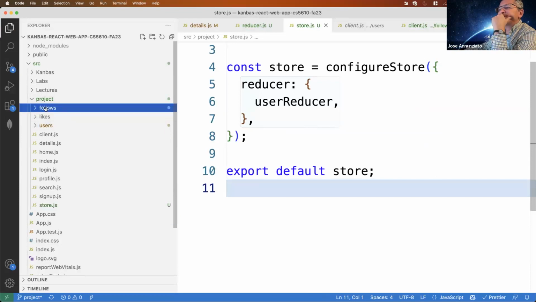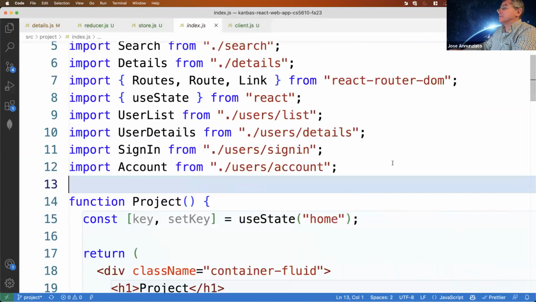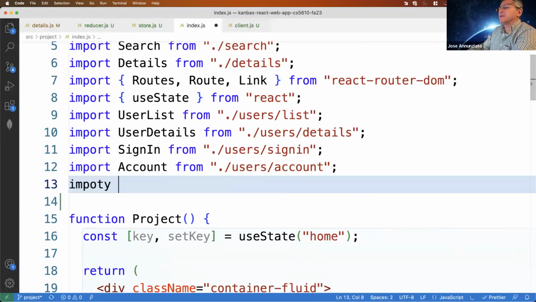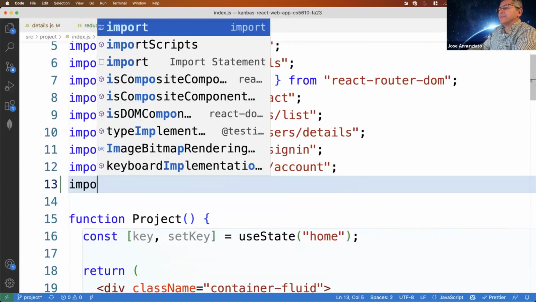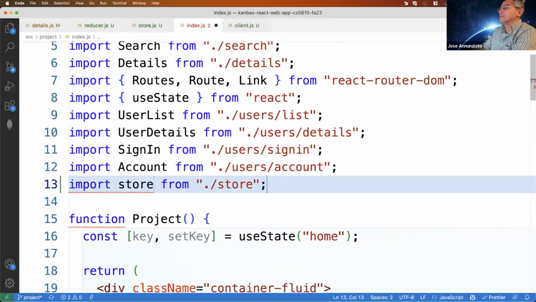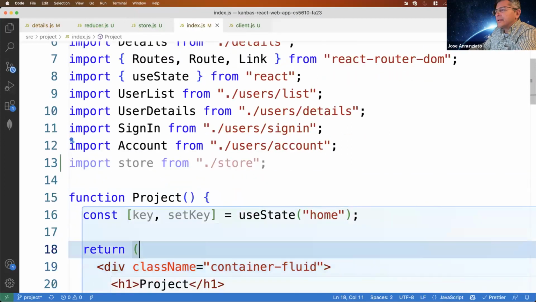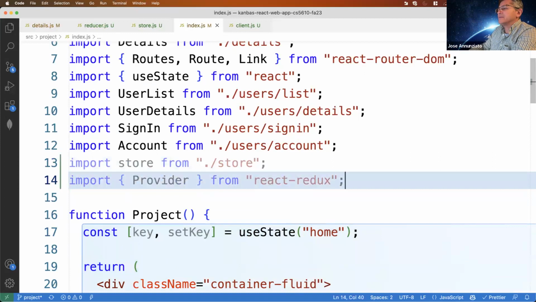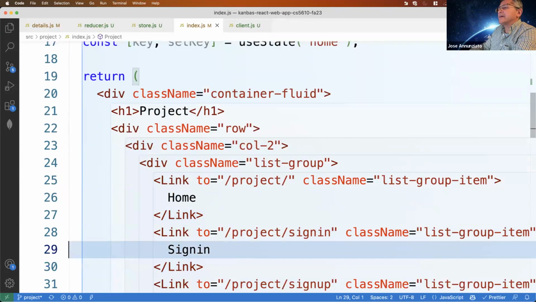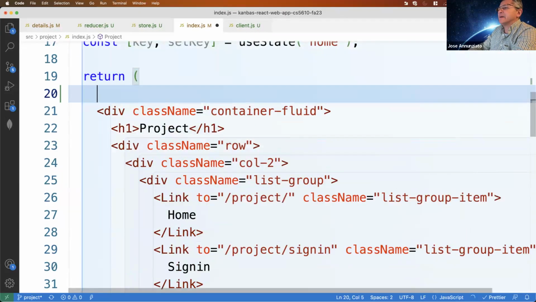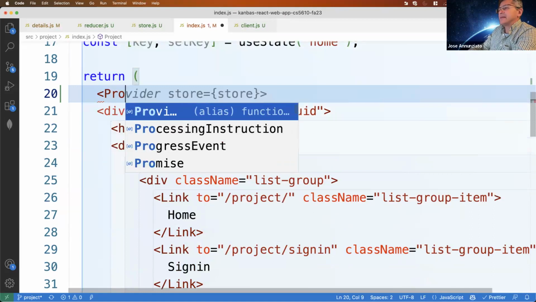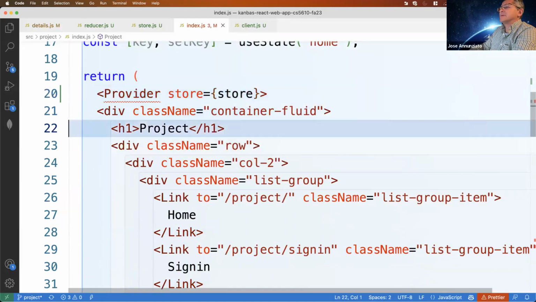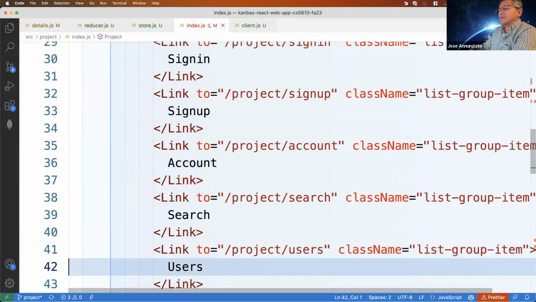And then in the project, right? In the project, we can import that store. We say, import the store and also the Provider. And then we can provide to everybody that state, right? Provider store, and we'll close it down here.